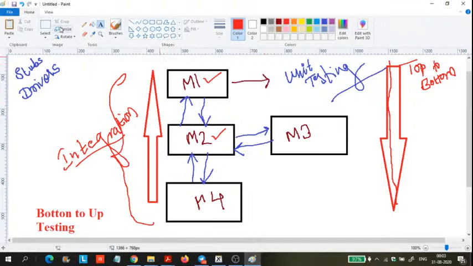So these stubs and drivers concepts. In stubs and drivers,